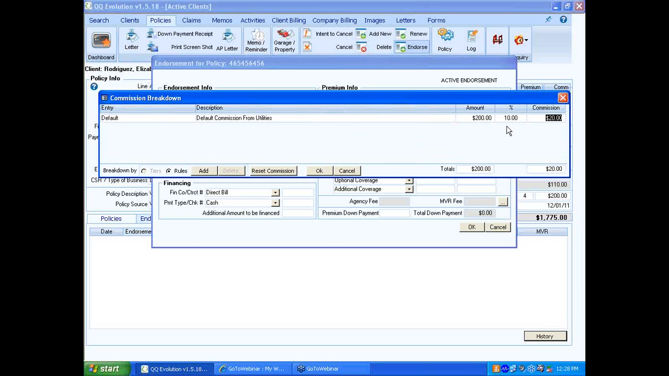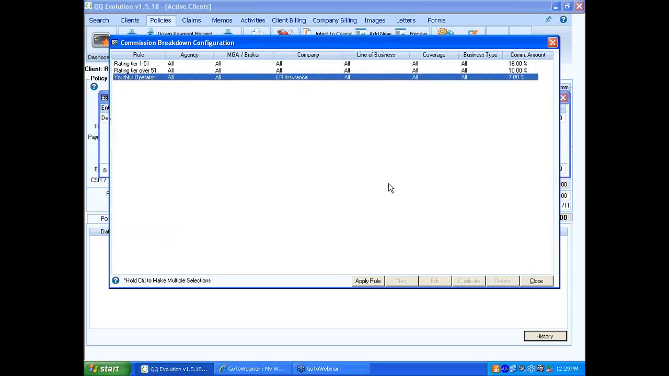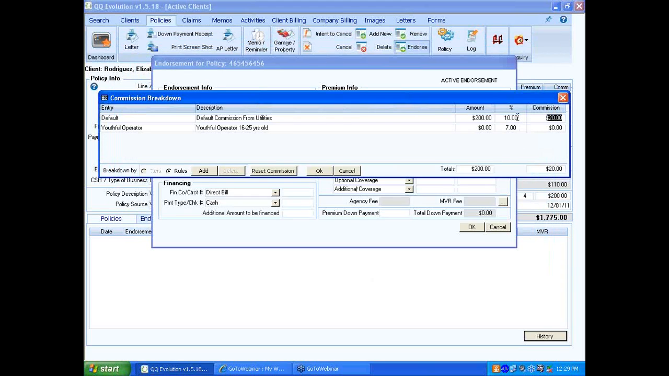It's not going to be based on, I'm not going to get 10% commission. I have a choice. Now, if there's a rule that I've created in my utility section, I can apply that rule just for this endorsement. Maybe this is the youthful operator rule. I can add it directly here and say apply this rule. So now it reconfigures this information. Now, I will have to enter what portion of this endorsement applies to this change. So of course it's the full $200, so I can go ahead and enter that information, and now it recalculates